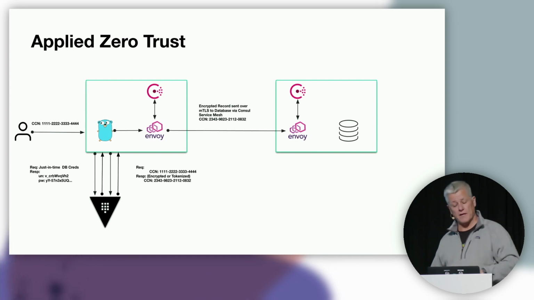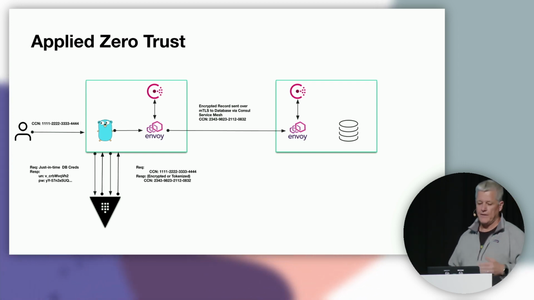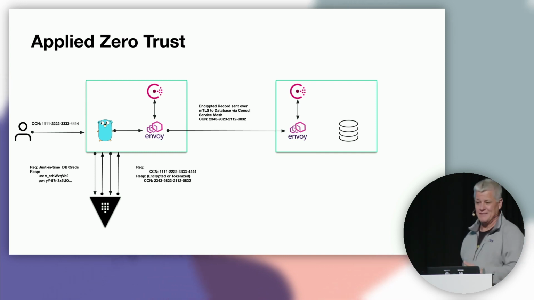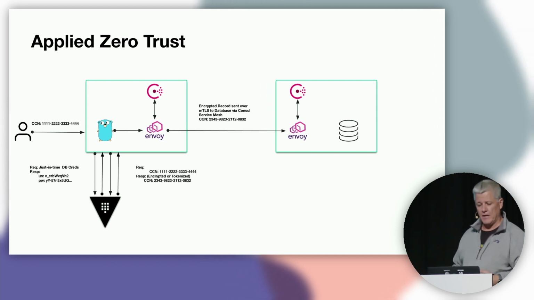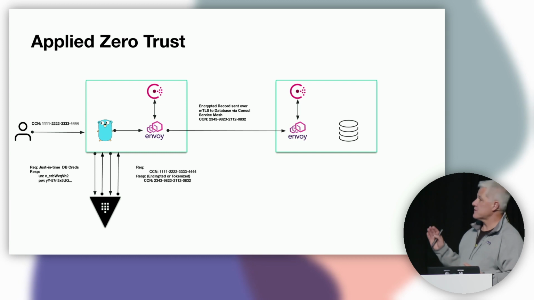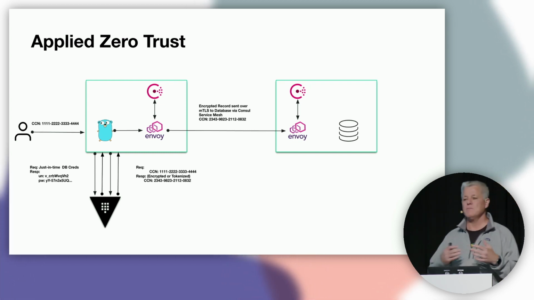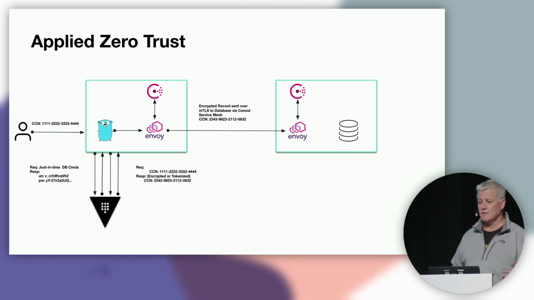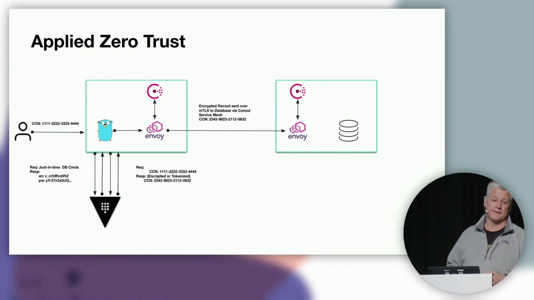Then it gets to the other side, and the Consul agent and Envoy on the other side talk together. Hey, does this application really have access? Yes, it does. You're allowed to go through to the database. Okay, it then lets it through the door. And what happens then is this credit card number is written in this format into the database. That means you don't have to change your database. You could still have the same schema, you could still have everything, but this just gets written in there, and it's secured. If someone grabs it, so what? Not really a thing.